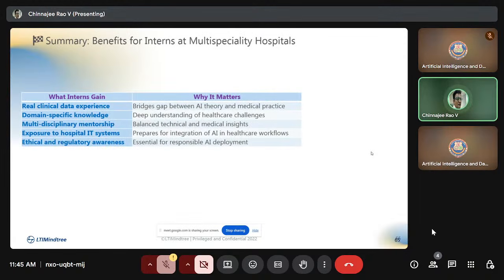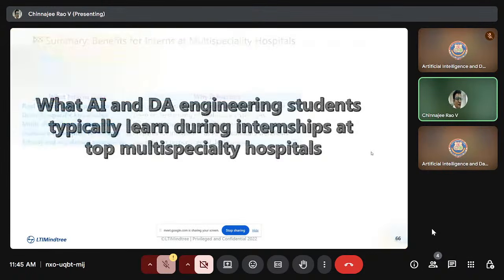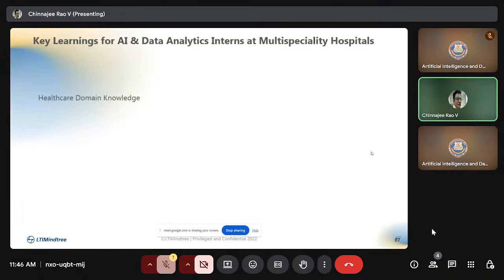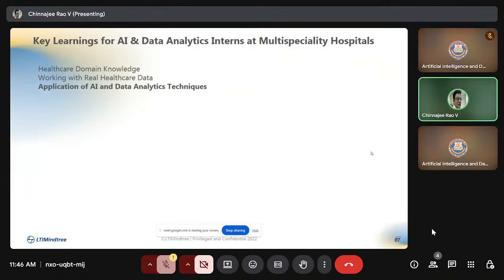So the summary is real critical analysis should bridge the gap between AI theory and medical practice. Domain-specific knowledge is required for deep understanding of healthcare challenges. Multidisciplinary mentorship will balance the technical and medical insights. Exposure to hospitals will prepare for the integration of AI in healthcare workflow. Ethical and regulatory awareness is essential for responsible AI deployment. Okay, so the key learning of an AI analytics intern in a multi-specialty hospital is healthcare domain, working with real